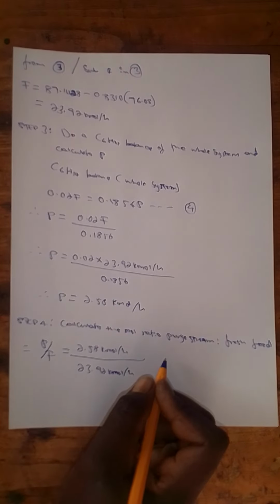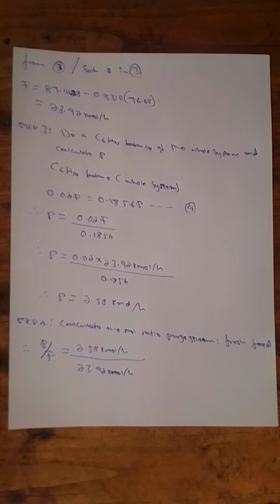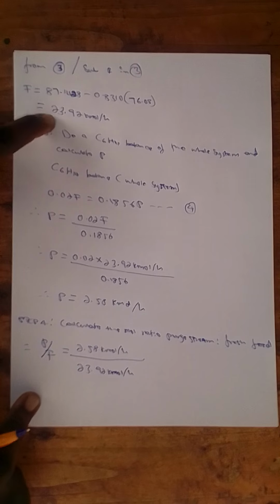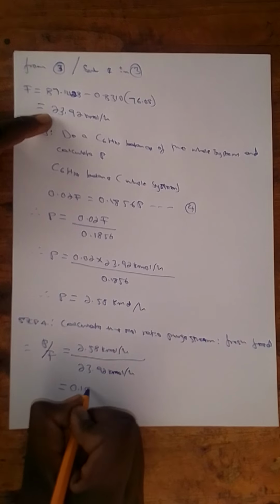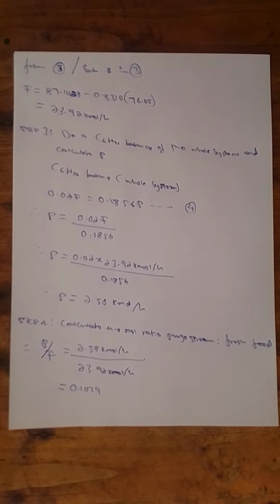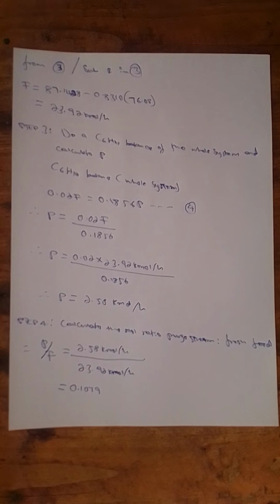So or should I bring it? Where's that F? Oh, sorry. Yeah, this is the F. We did calculate the F here as 23.92, and if you use your calculator, that gives you 0.1079 or 0.108. So this then brings us to the end of our part 2 of